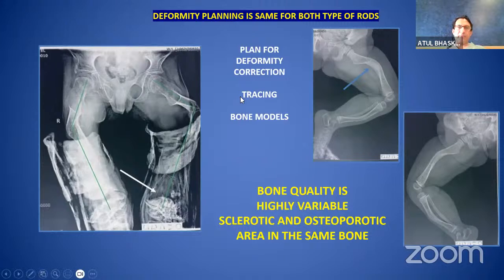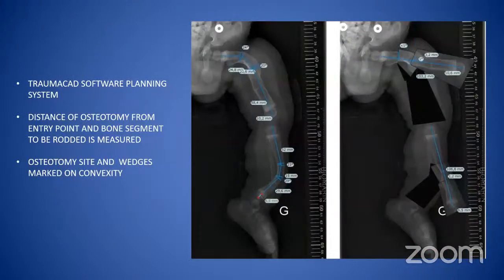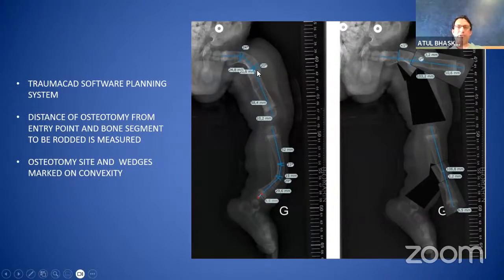So you can plan either by doing some tracing on a piece of paper, you can actually make bone models based on 3D scanning, or you can use one of these softwares, either the TraumaCAD or the Medicad softwares. At least it gives you a rough idea where to plan your osteotomies. This is the TraumaCAD software, which is used to see the areas where you potentially need the osteotomy. Also, you can measure the distance from the epiphysis. But of course, you need to have true length X-rays. You need to take care of the magnification error, and sometimes it may not be easy to do these things.